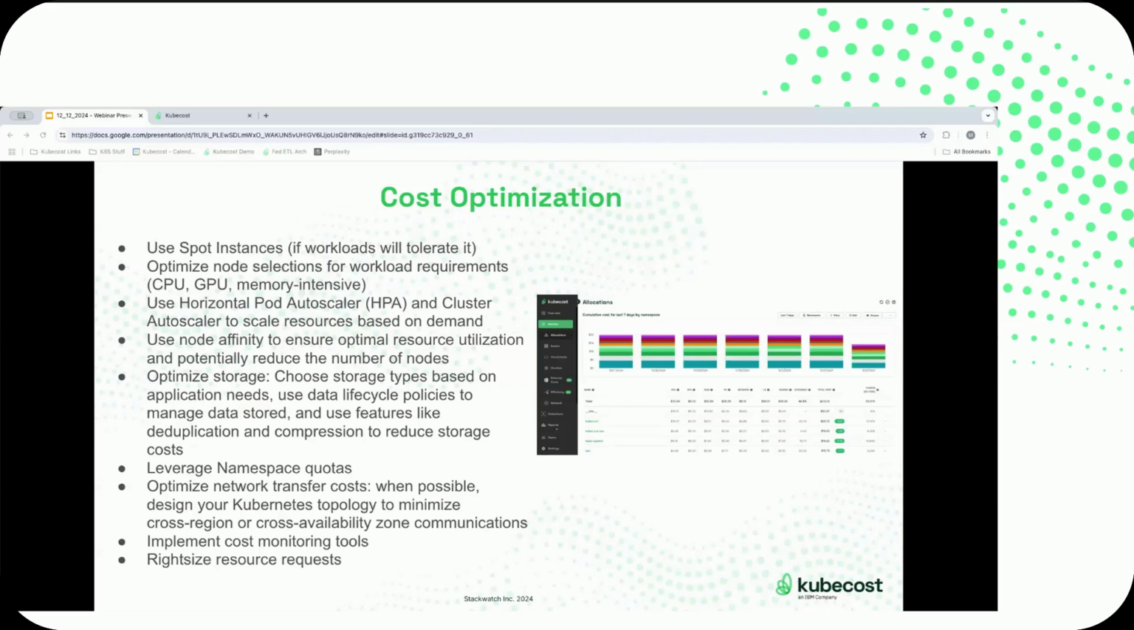And this is something that's come up in the course of working with customers over time. We can identify network traffic in terms of, is this cross zone, cross region? Working with a couple of customers, they realized that if we redesign our Kubernetes topology to minimize those cross region or cross availability zone communications between my Kubernetes workloads and services, we can save a whole bunch of money on